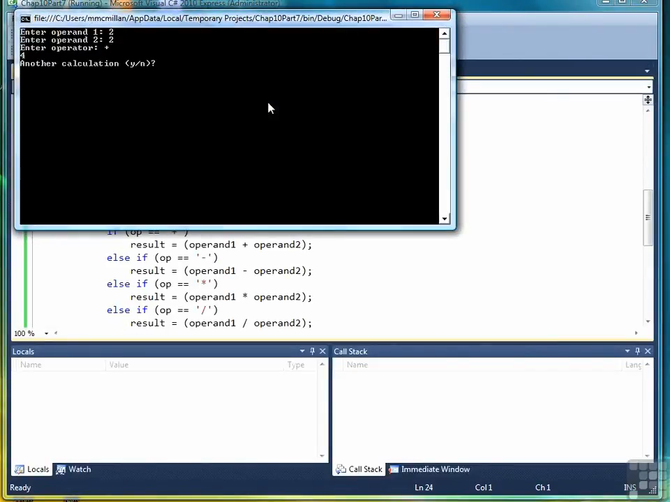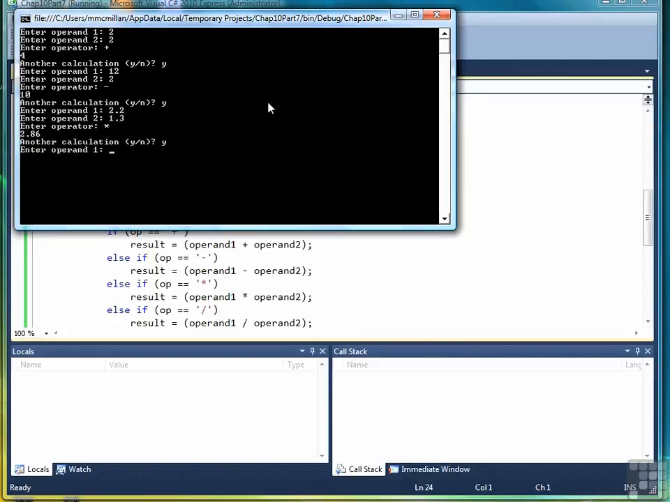2 plus 2 is 4, yes. 12 minus 2 is 10, that's right. Let's do a little floating point for multiplication. And then finally we'll do 1 division,